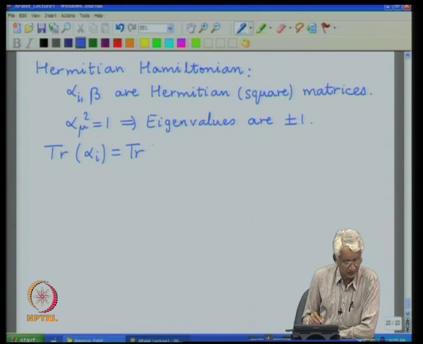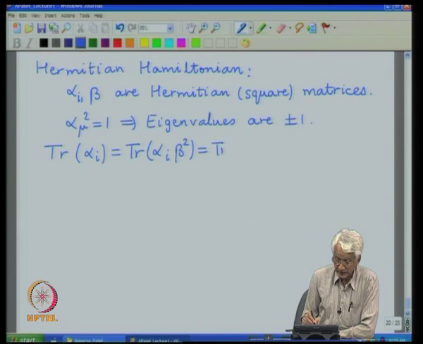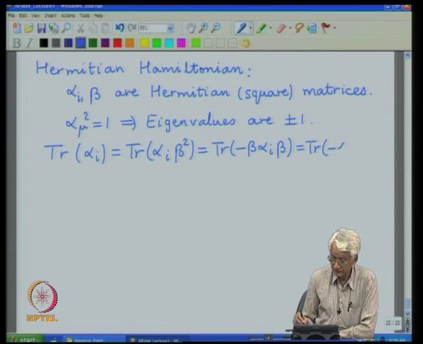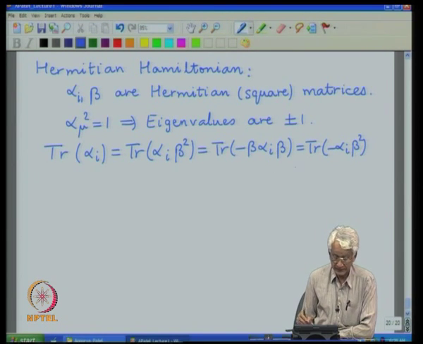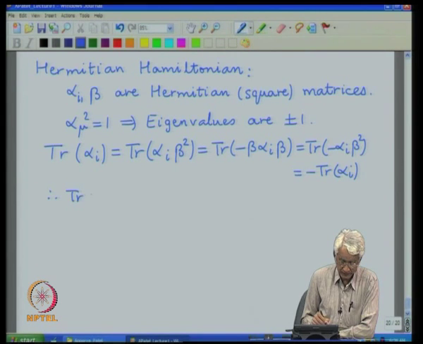It could be any of the anti-commuting objects in particular, but rather simple manipulation using cyclicity of the trace as well as the anti-commuting nature leads to the fact that trace of alpha i is equal to also minus trace of alpha i, and therefore, it has to be equal to 0,